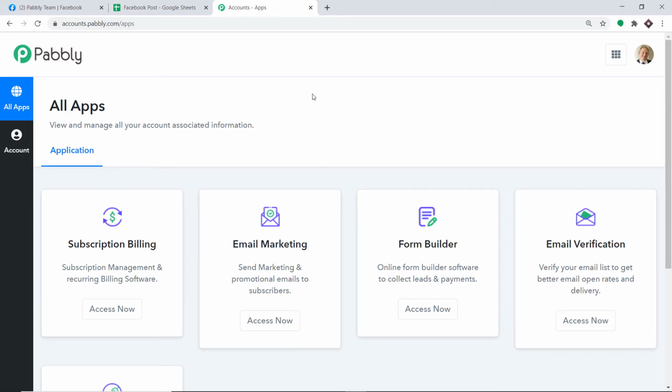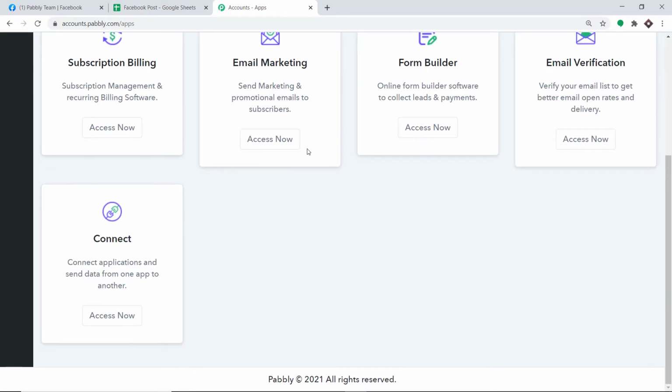Here, I would like to mention one more thing, that Pabbly Connect offers a plan where this integration can be tried out absolutely free. So you just have to clone the template of its workflow, which is available in the description box. Once you clone the template, you will get immediate access to this amazing workflow in your account. Okay, so scroll down and at the bottom you will find Connect. Just click on access now.